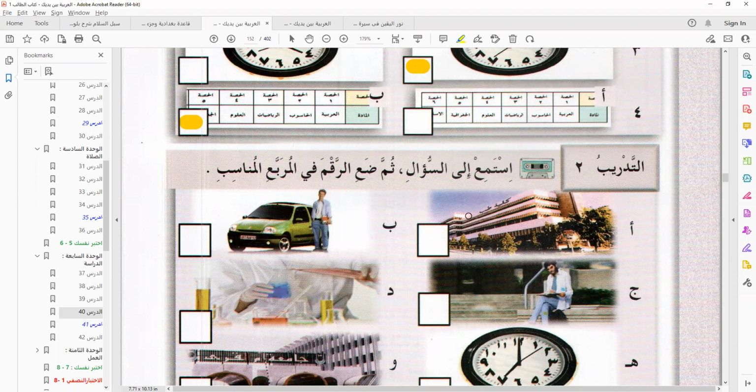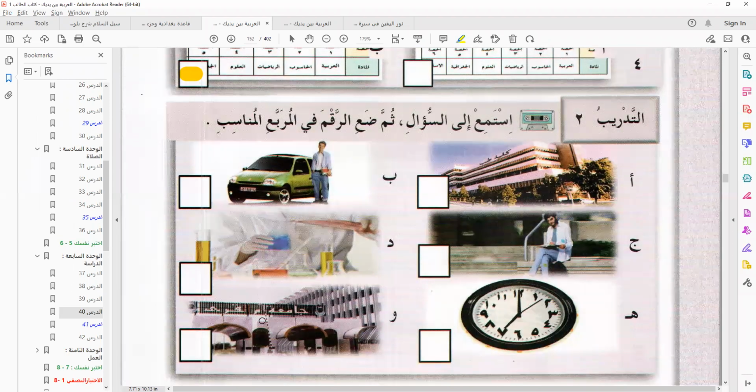في أي جامعة تدرس؟ So the answer will be, this is what gives us the jami'a. Here we have Jami'at Umm al-Qura.